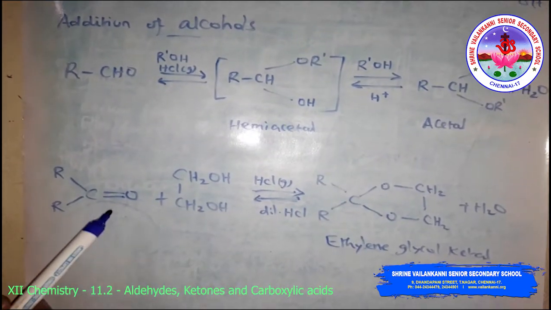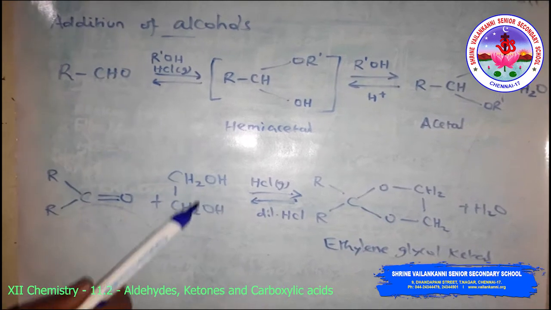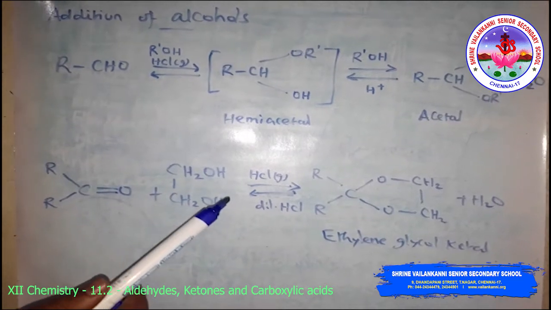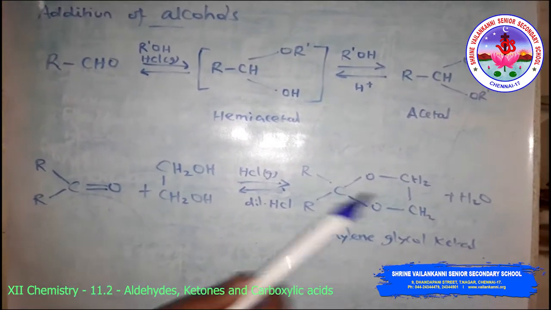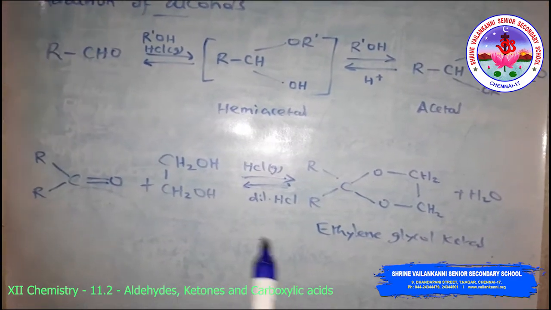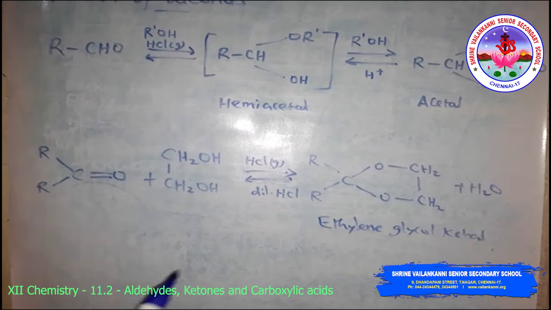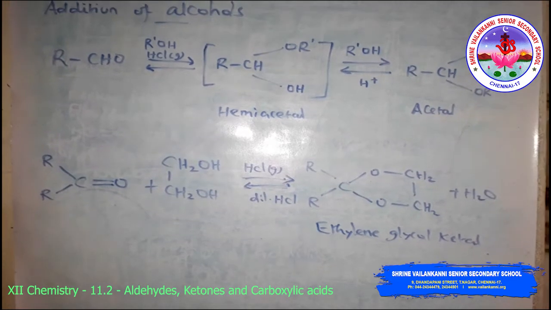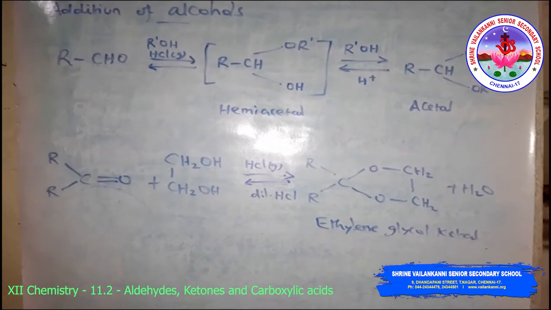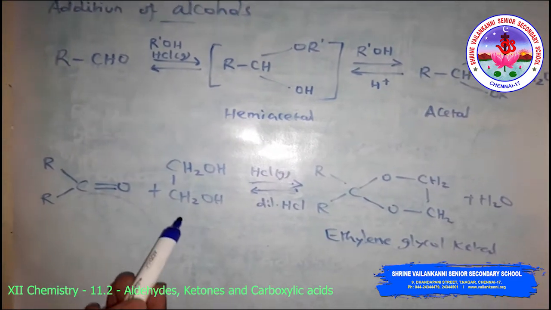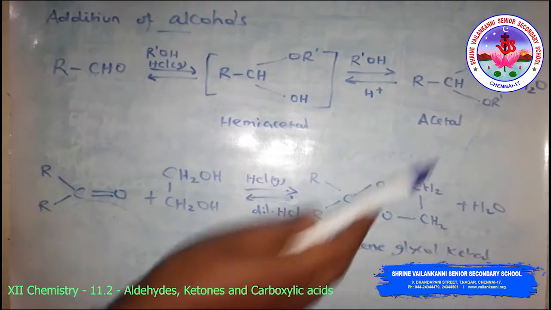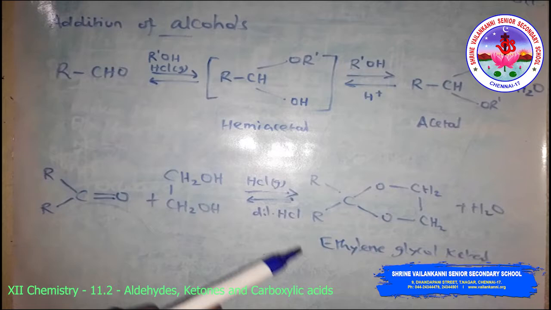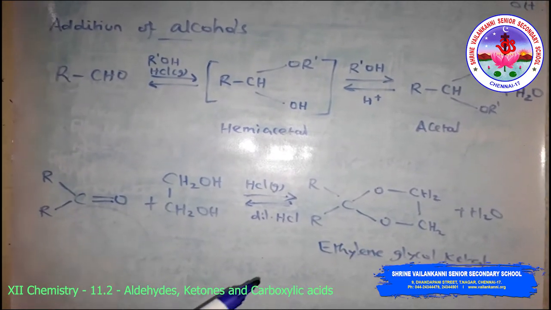See the ketone, look at this. The ketone reacts with ethylene glycol, or ethane-1,2-diol, under similar conditions to form a cyclic product called ethylene glycol ketal. The dry hydrogen chloride protonates the oxygen of the carbonyl compound and therefore increases the electrophilicity of the carbonyl carbon, facilitating the nucleophilic attack of ethylene glycol. The acetal and ketal are hydrolyzed with aqueous mineral acid to yield the corresponding aldehydes and ketones respectively.